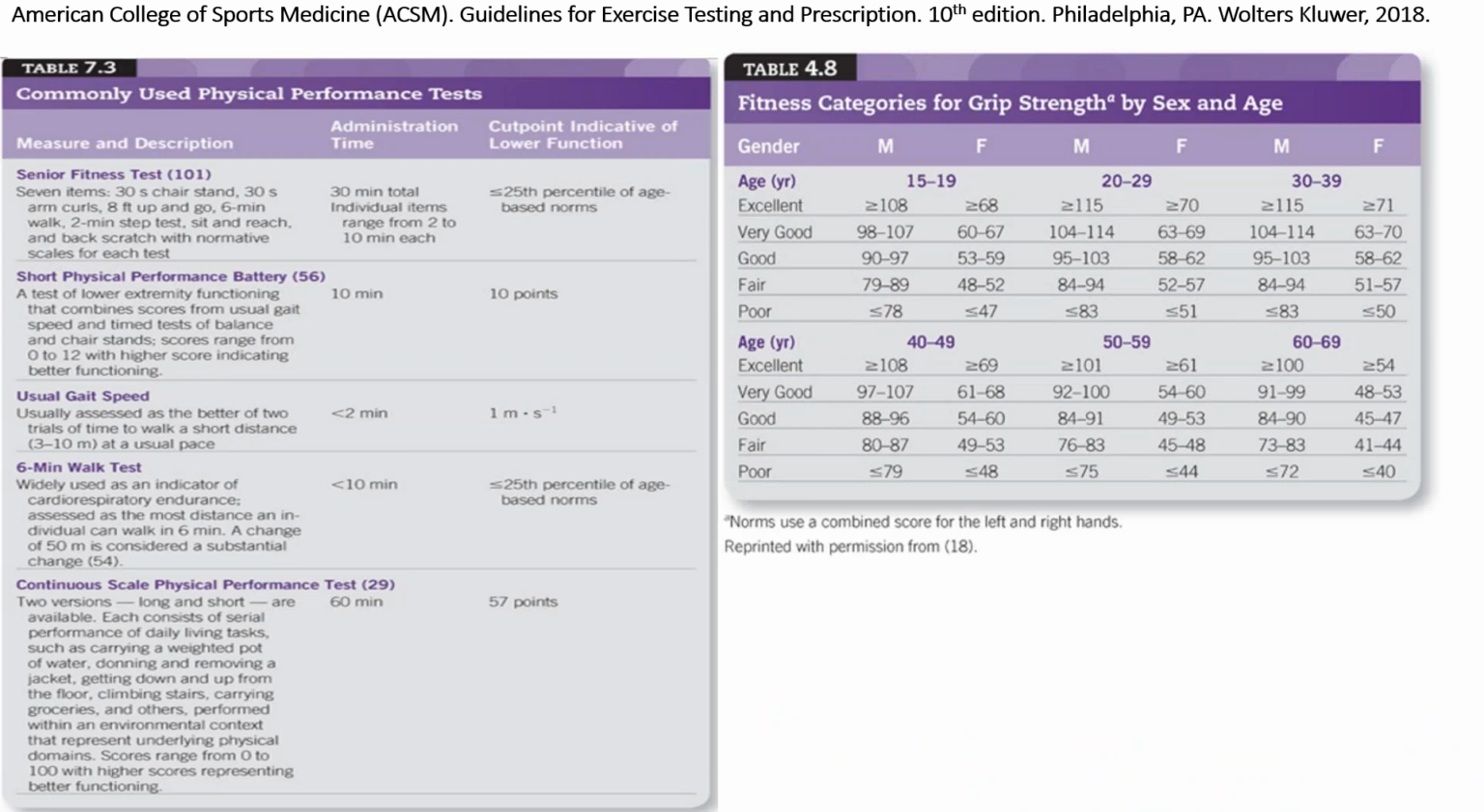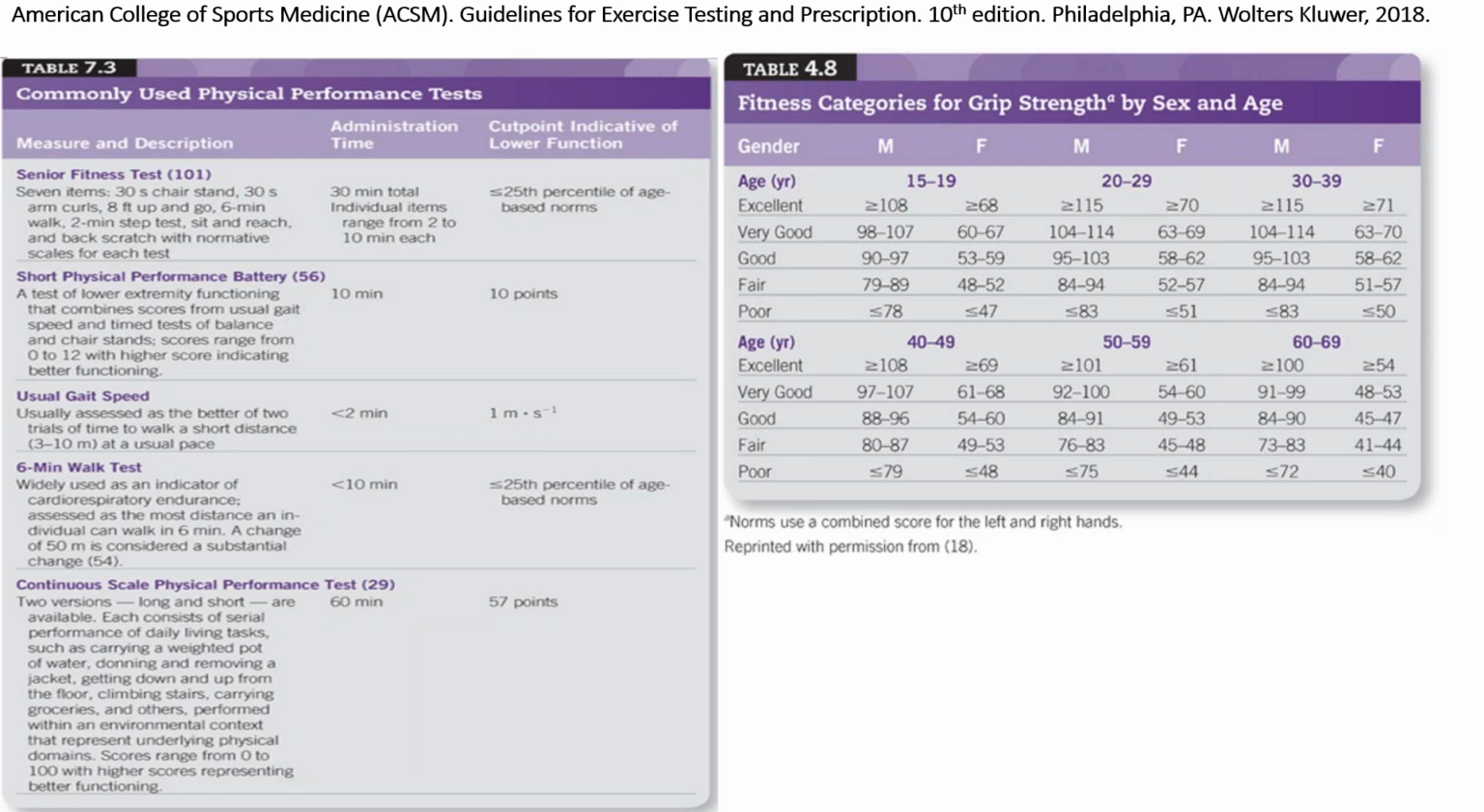Okay, so here are some suggested tools that you could use when you're working with an older population. These come from the 10th edition of the ACSM's guidelines, the American College of Sports Medicine's guidelines. And at this point in the webinar, many of these should look familiar. They should look familiar because a number of them, with the exception of the continuous scale physical performance test, were given to Monica. And you can see that, with usual gait speed, she is below one of the